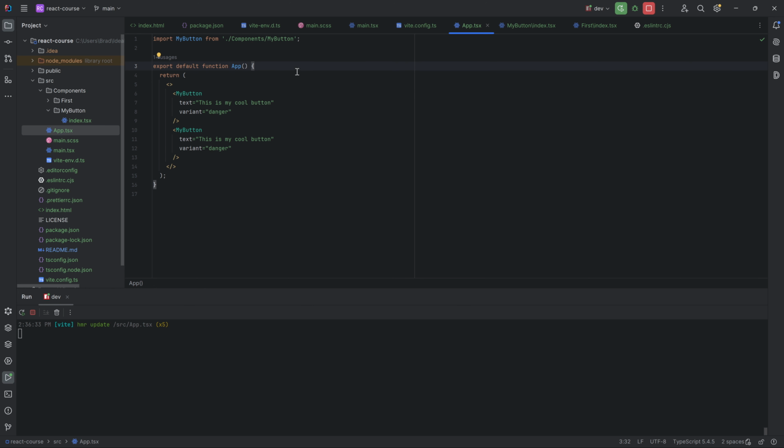Now, let's say, for example, we want to return a list of components. Now that's a slightly different scenario here. So let's say we just want to create